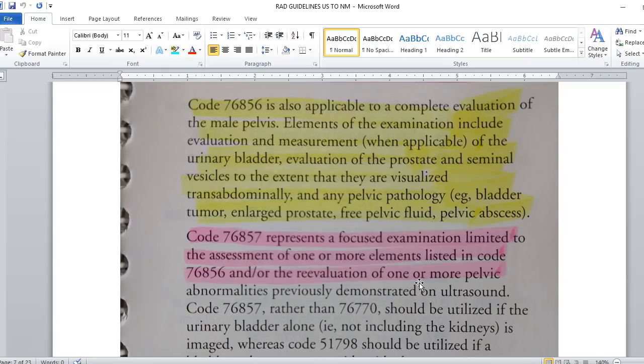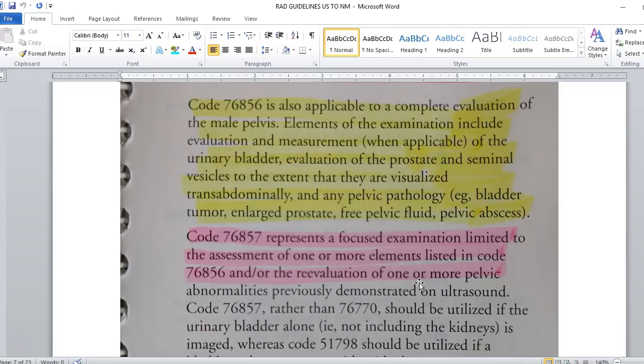Transabdominally, and any pelvic pathology, again, bladder tumors, enlarged prostates, free pelvic fluid, pelvic abscess. So again, what else do they see when they get there? So again, we use the same code for men or women, but they have to fit into these complete